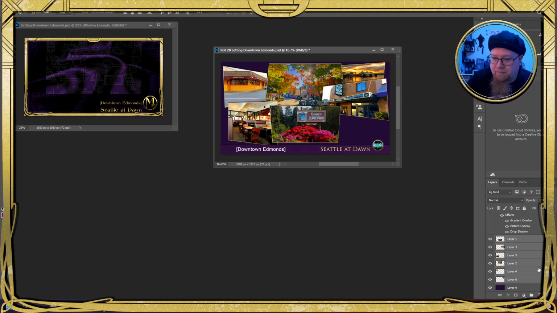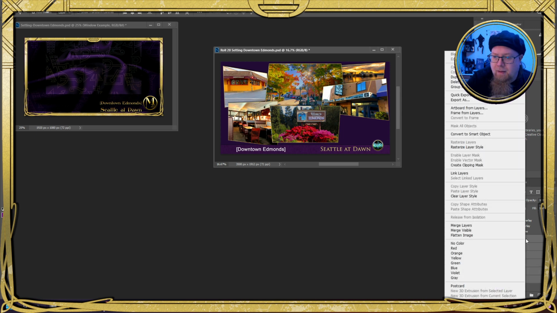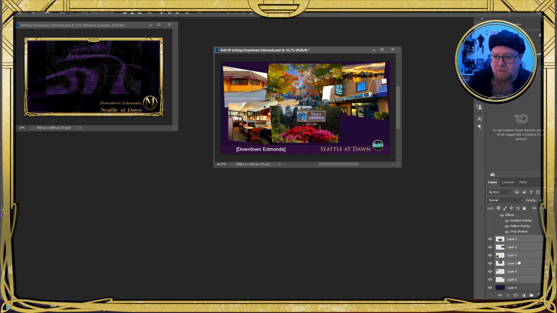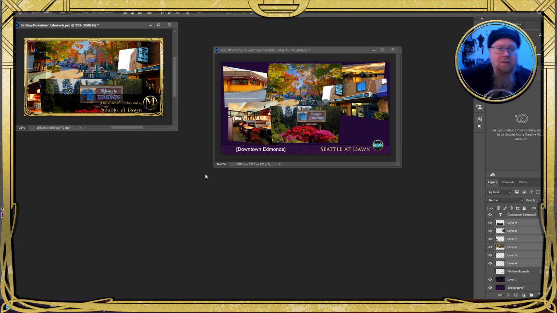We're going to clear their layer styles. So they're just postcards, no big image there. I'm going to hold down shift and drag all these. Actually, before I do that, I want to know where I'm going. I want to make sure that they're going to fall in between this Windows example and downtown admins. They're going to fall between those layers. So got those. Grab shift, pull it over here, and you're going to see way too big, right?